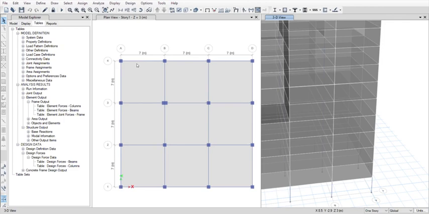Now I have to assign the property of individual columns. So zoom in, select the column, it is C1, assign load data, point loads. Before that I have to assign the column property, right? To do that, I already defined column properties. Now what you're going to do is